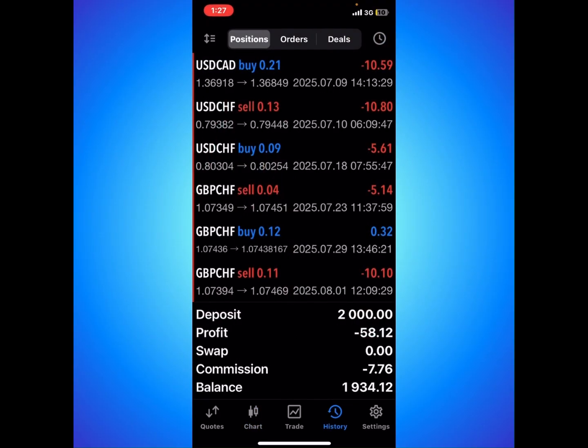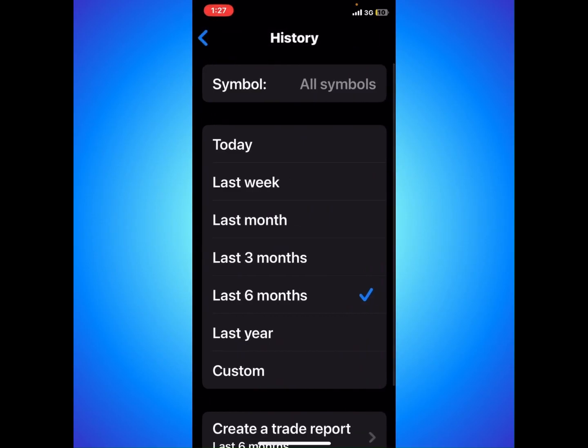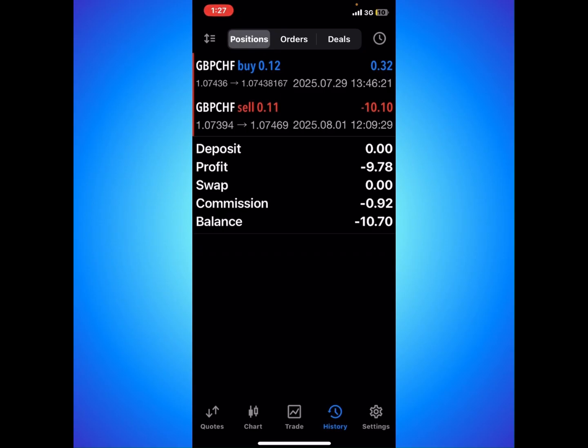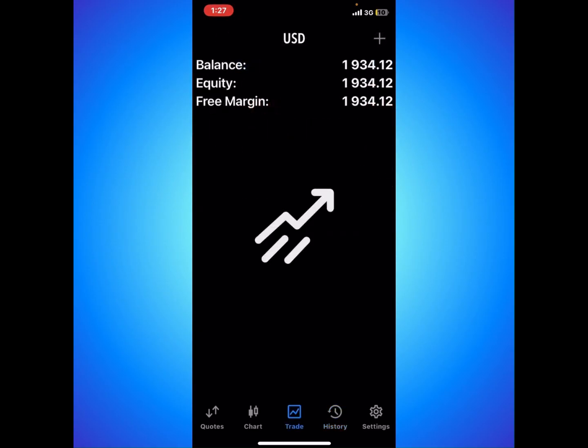And so this is my P&L for this week. Let me show you guys this week. So I just made a $10 loss for the week, and so this is my P&L for the week. Overall,